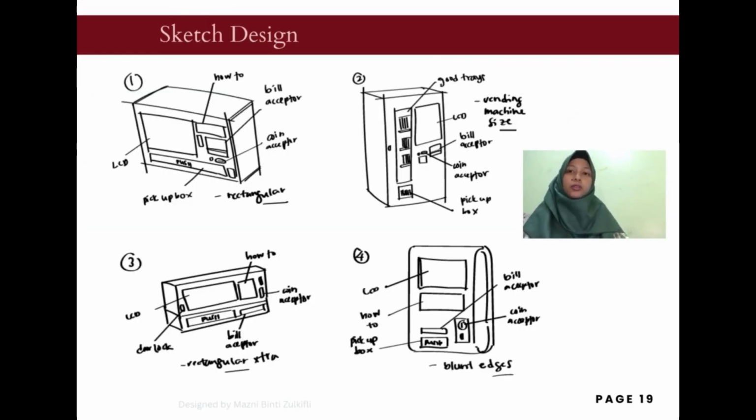So the first one, we will go to the sketch design. We have 4 sketch designs that were made by Mazni binti Zulkifli. Mazni showed that there are 4 different designs. The first one is a rectangular box, which is more sideways, and the second one is a rectangular box too, but it's more to height. And they also show the pad trays so that we can know whether the pads are in stock or not. And the third one is a much longer rectangular size, and also most of the vending machines are based on the Indian vending machine,